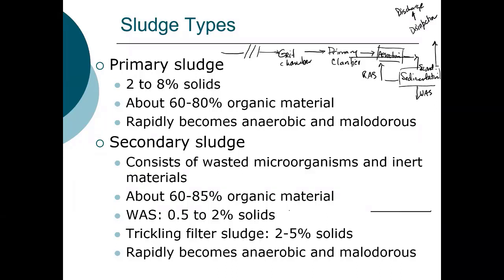and then the effluent goes typically to disinfection and then to discharge. So that primary sludge that is produced from the primary clarifier typically contains about 2 to 80% solids, and it's about 60 to 80% organic. So challenges with treating this are that it becomes anaerobic quite readily, which means it's going to produce hydrogen sulfide gas,